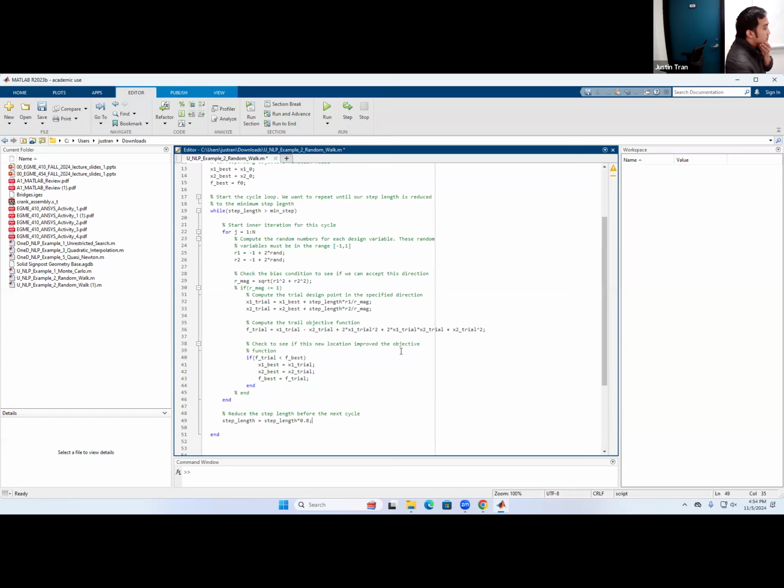Questions? Yeah, will it run iterations from 1 to 500, or is there a way where it finds the optimum and stops? That's a good question. It'll always run those 500 iterations. How does it know if it goes beyond optimal? Oh, because it goes back. Exactly. If it just happens to land at the most optimal place, then it'll just always stay there. No matter what direction you step in, it's never going to move because it's never going to find an improvement on the objective function.